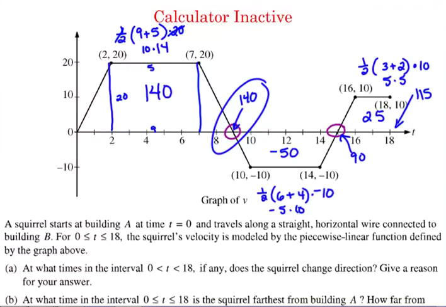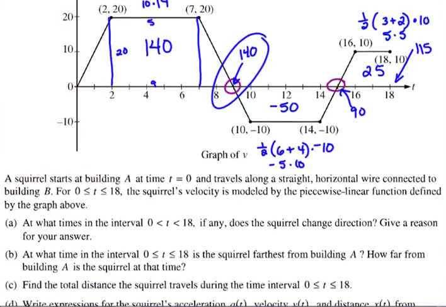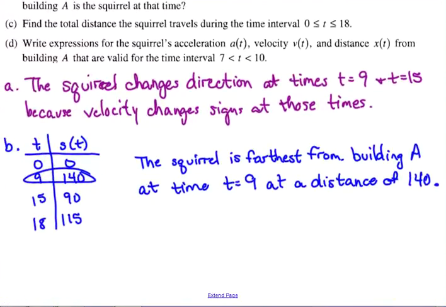Okay, because he goes to 140, then he comes back 50, and then he goes back to 115. So he'd be closest to building A other than his starting point, or other than when he first started. After time 9, he'd be closest to building A at time 15. I was trying to make you think a little bit more. I didn't really think that through before I started asking that question. But